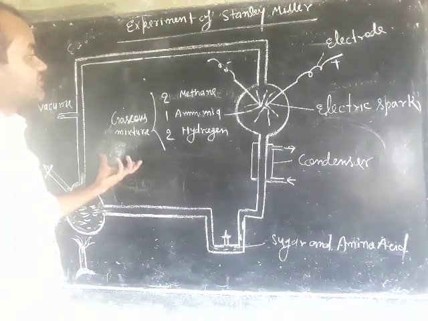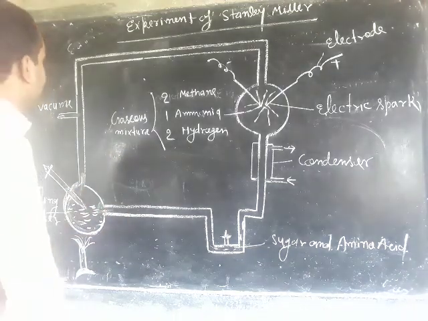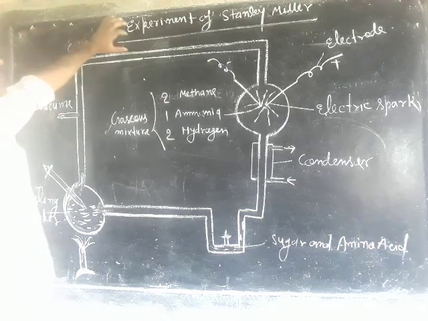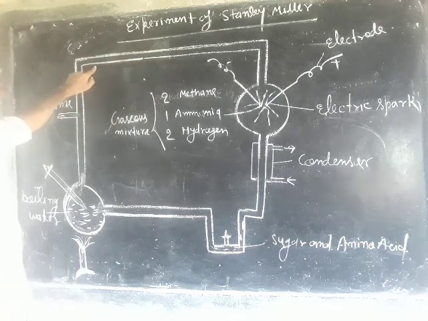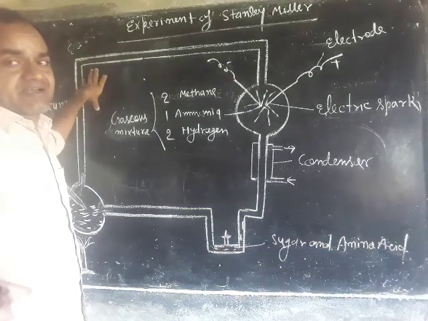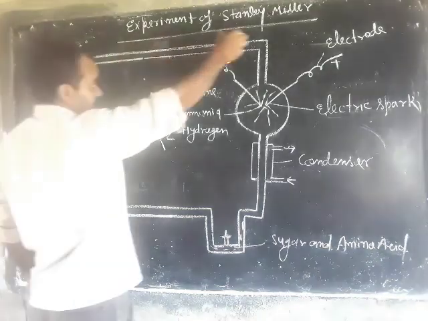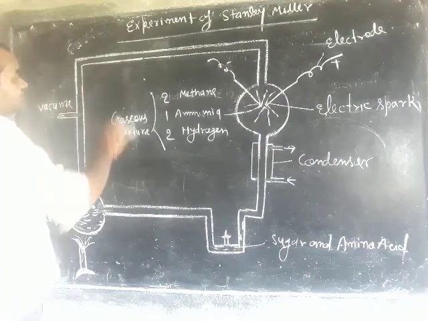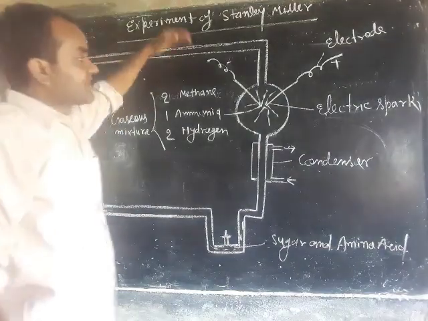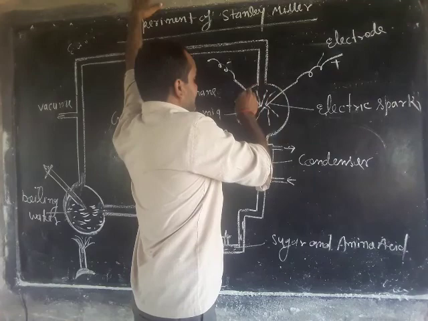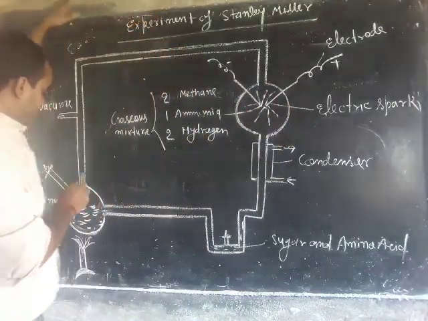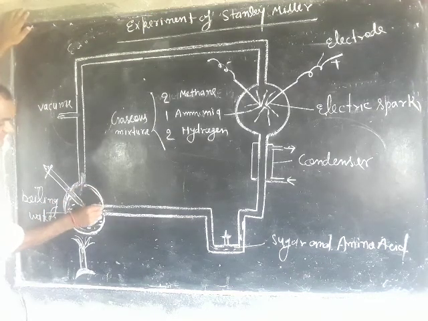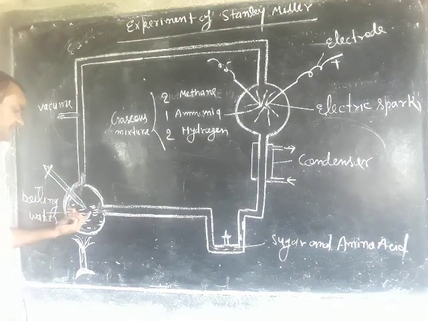Here is the instrument, with parts connected to each other. He took a tube-like structure connected at two right angles, one right angle and another right angle. These are tubes connected with each other. And he took a large round flask and a small round flask which is filled with water